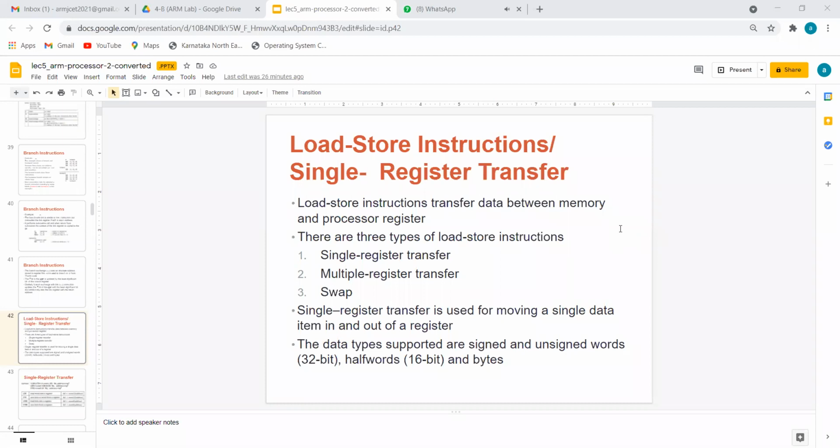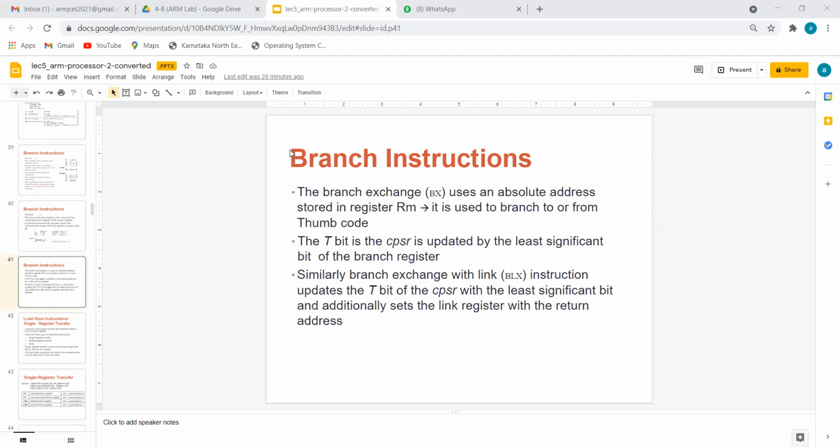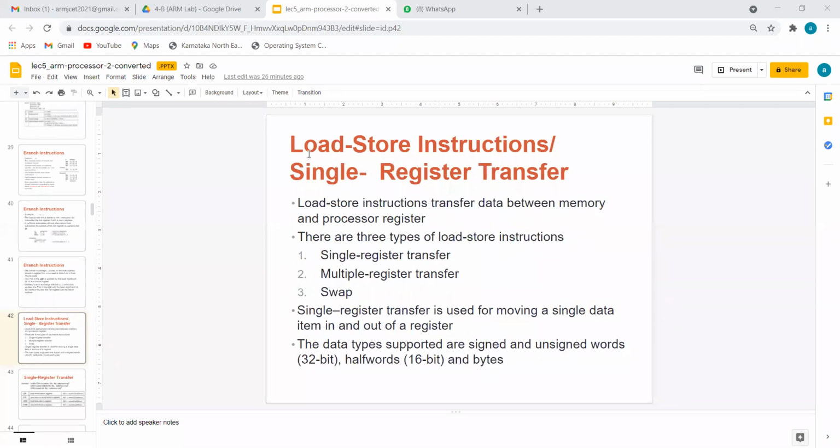Today's session is very important, in which you are going to get detailed knowledge about load and store, because it's a pointer concept. Let me continue with the discussion. Yesterday we finished the branch instruction. Now we started a little knowledge about load and store. Anyway, we will continue in detail.